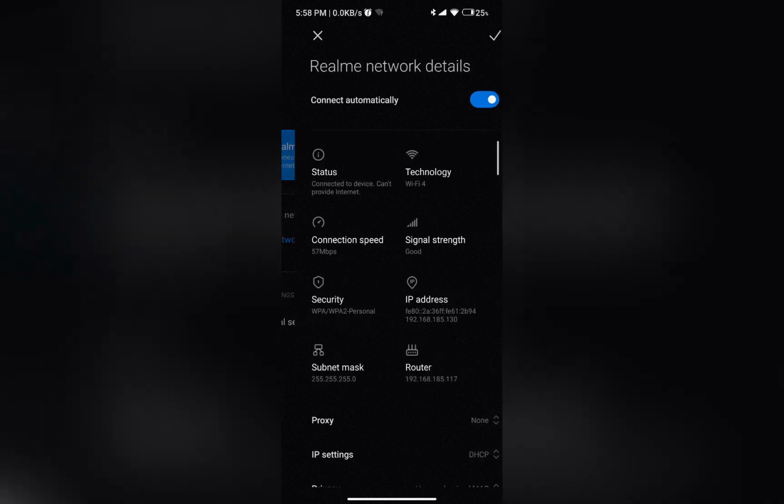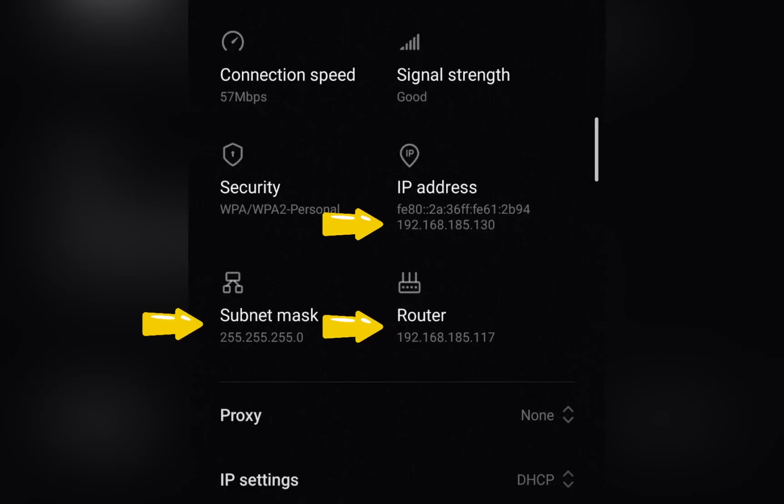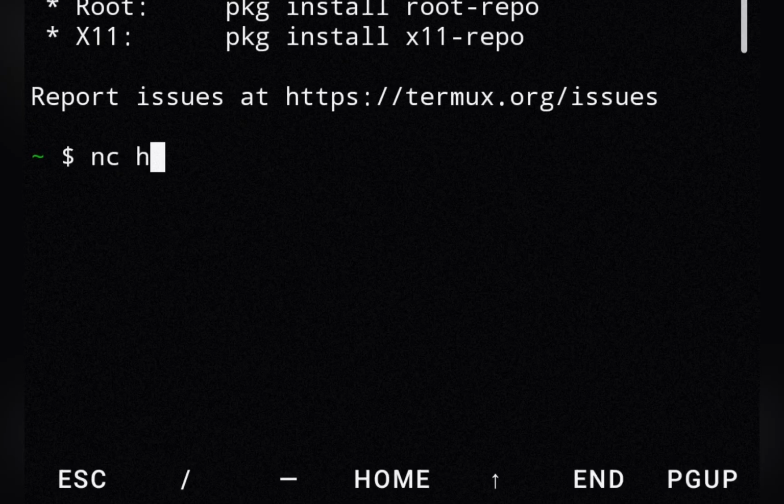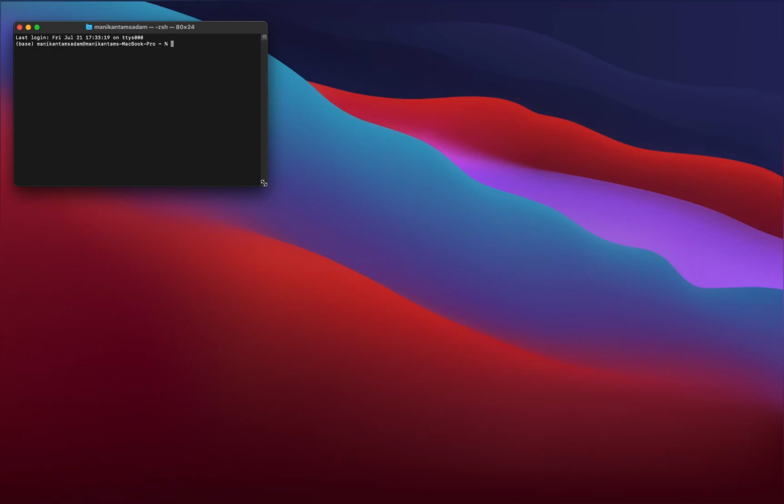So make sure that you are connected to the same Wi-Fi on the mobile and system. So note these details for future use. Then open the Termux app and type this command to listen on the port 1234, and then open the terminal and